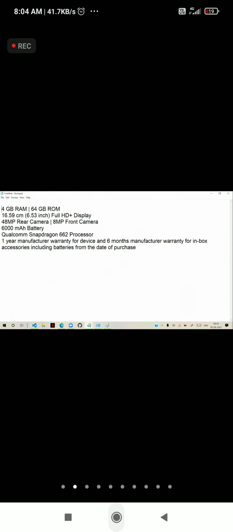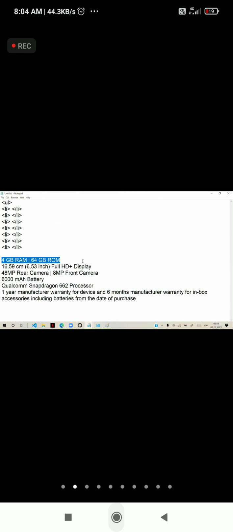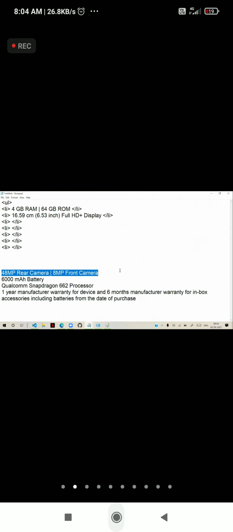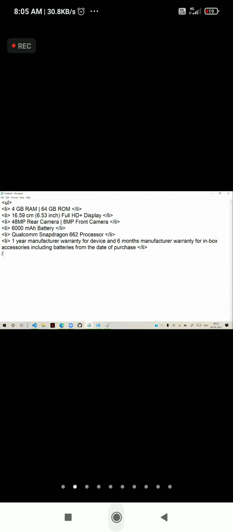That means you have to create an unordered list, UL, and in that we have a list item, and close the list item. So we have so many list items, 1, 2, 3, 4, 5, 6 list items here. In this list item, this is the option, and in the second list item the second one, and the third list item, the fourth, the fifth, and the sixth list item, and at the last you close the unordered list.